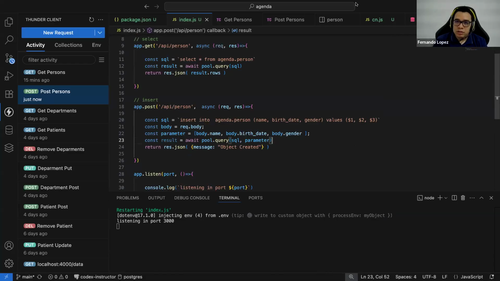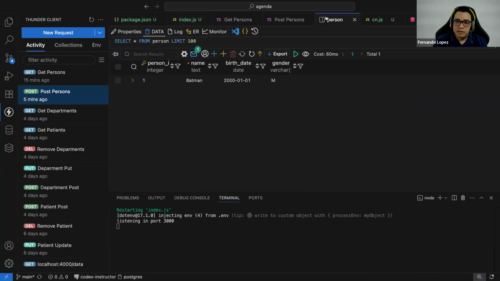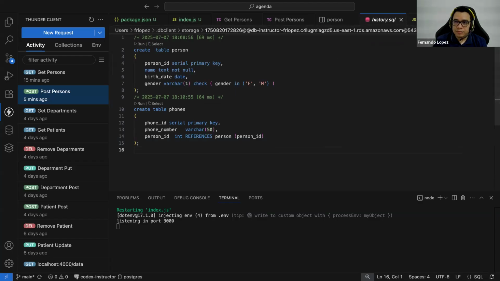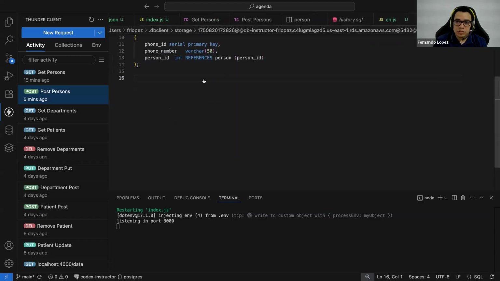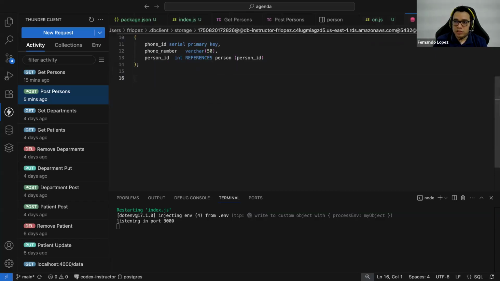Now let's try to hit this URL with this JSON data. The message that I'm receiving is object created. Let's go for the table of persons. Let's try to read this again. I was trying to read the table.